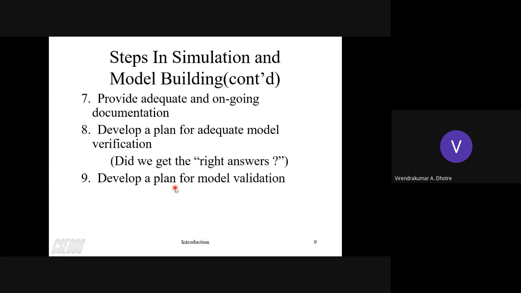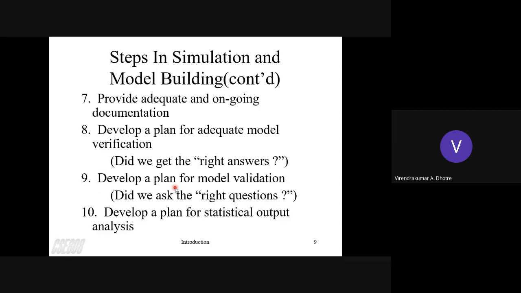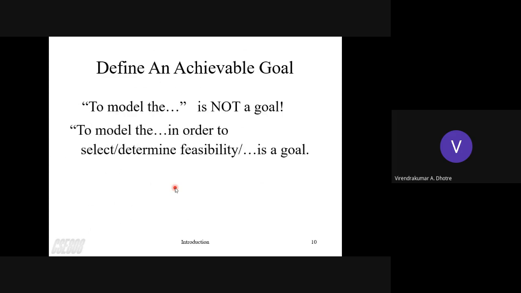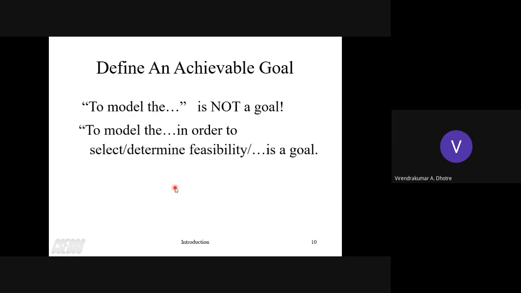Next is develop a plan for model validation. In verification, we ask, did we get the right answers? Such kind of questions will be there. And in validation, did we ask the right questions? And the 10th one is develop a plan for statistical output analysis. So by following these 10 steps, we can create a simulation model.